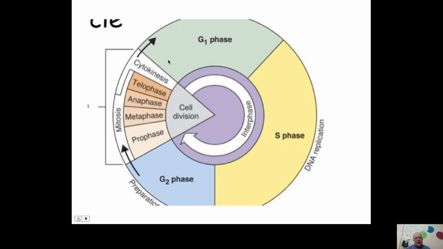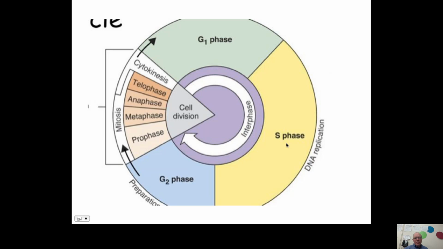But after the cell's life officially begins after cytokinesis, you have a growth phase where the organelles grow and the cell grows. This is called G1. This is the beginning of interphase. You can see here is interphase. And it goes to the S phase of interphase. This is where DNA is replicated. It's the new DNA is